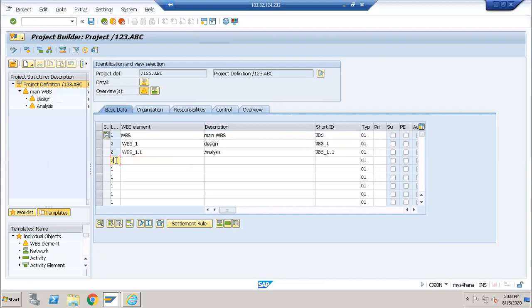I will go for the third one, which is my procurement. So WBS hyphen 2, which is my procurement. Okay, so I will go with the third WBS element, WBS underscore 2 hyphen dot 1. So this is under the procurement.